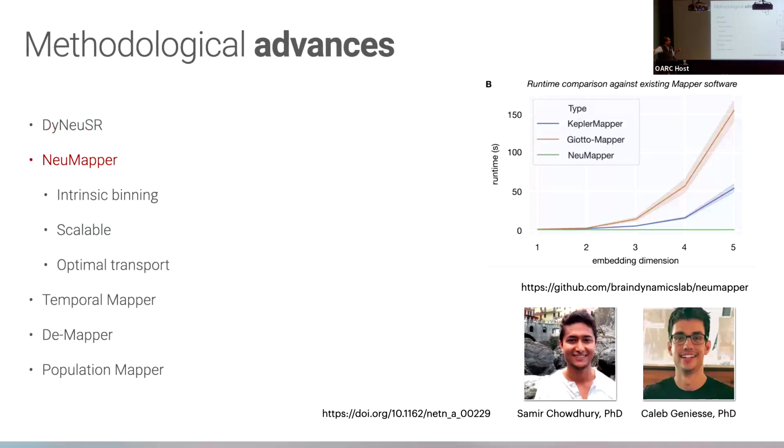Caleb, again, and Samir, a postdoc in my lab, came up with a new approach called new mapper, a twist on new. And the idea is that it's highly scalable. So if you're into computer science, the big O is constant, as compared to other mapper tools that exist. And as I mentioned, there are many other mapper tools that exist in the math space. So the cool thing about this